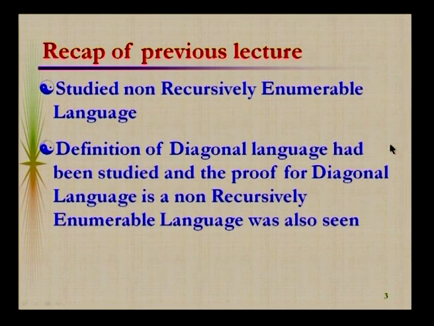As far as the hierarchy of Chomsky is concerned, this is the top level language class, which could be recognized by a Turing machine. If you go beyond that, we have a class of languages called non-recursively enumerable languages, for which there exists no Turing machine. So if you want to prove that a language is recursively enumerable, it is enough to prove that there exists a Turing machine for the language.